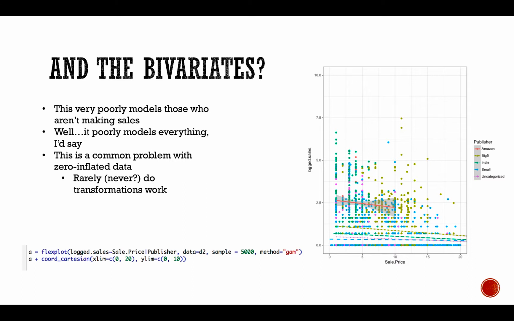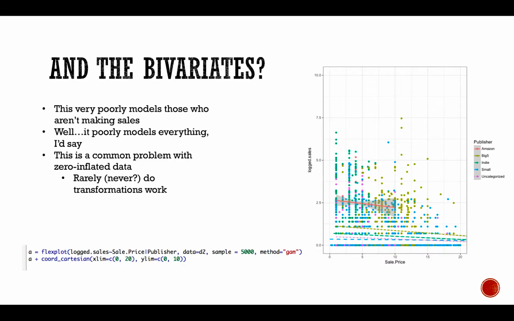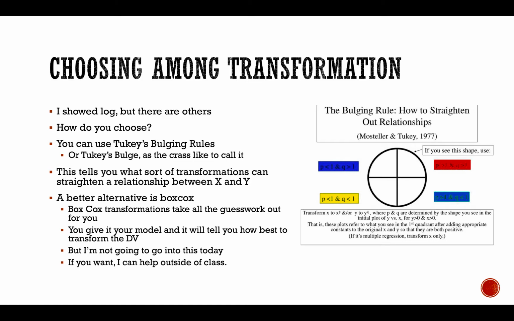So this is a common problem with zero-inflated data. Rarely, or I might even say never. I might be definitive here and say never. If you've got zero-inflated data, it's never going to work. Okay? So rarely do transformations work. Very good, thank you. So choosing among transformations, I showed what would happen if you were to log the data,